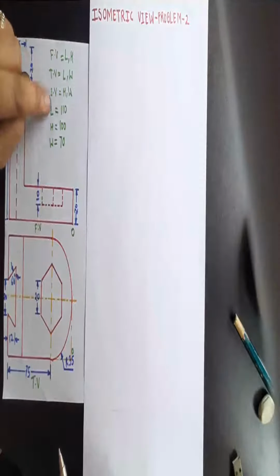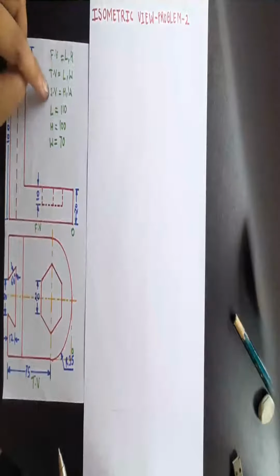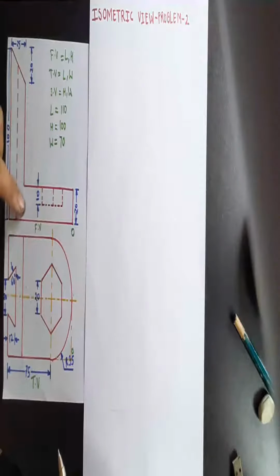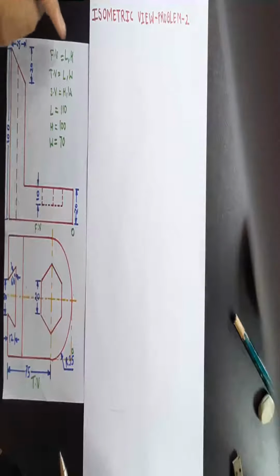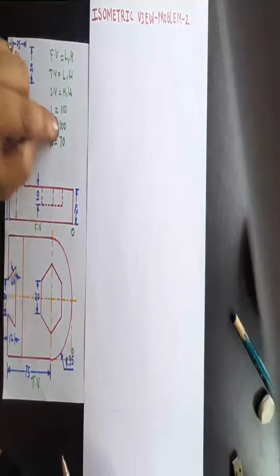Once you have found the length, let's move to the height. Now height is visible only in the front view. Of course it is visible in the side view, but the side view is not given over here. Hence let's see in the front view. So here you can see vertical wise the height is given as 100 mm. There is no diagram above this 100 mm or below this 100 mm. Hence the height is 100 mm.